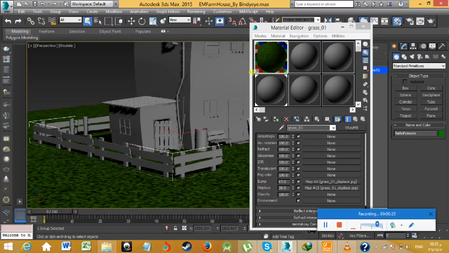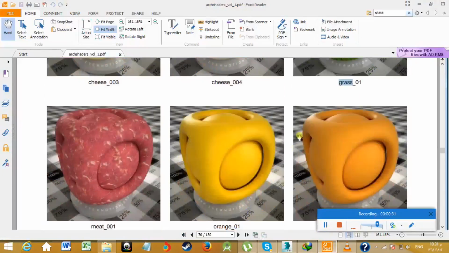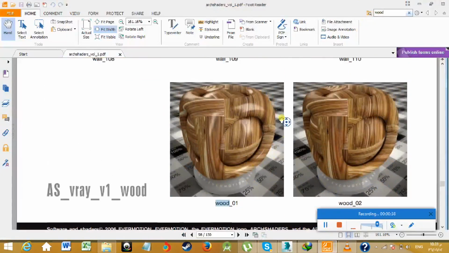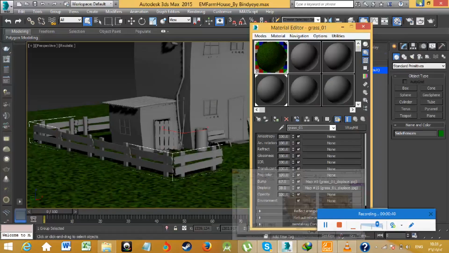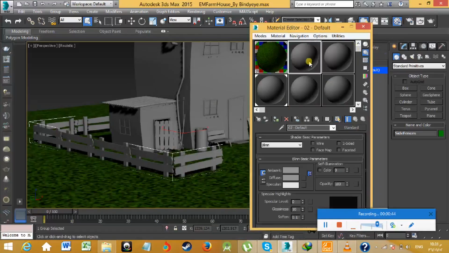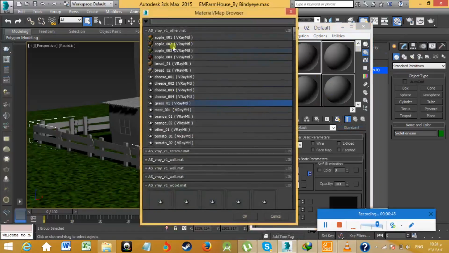I'm going to use some planks material for it. So next I'm going to open that catalog and find some wood material. For example, I have seen that wood materials are available here in the V-Ray volume, archshader volume 1. So I'm going to select an empty slot and then click on Standard, and I have to